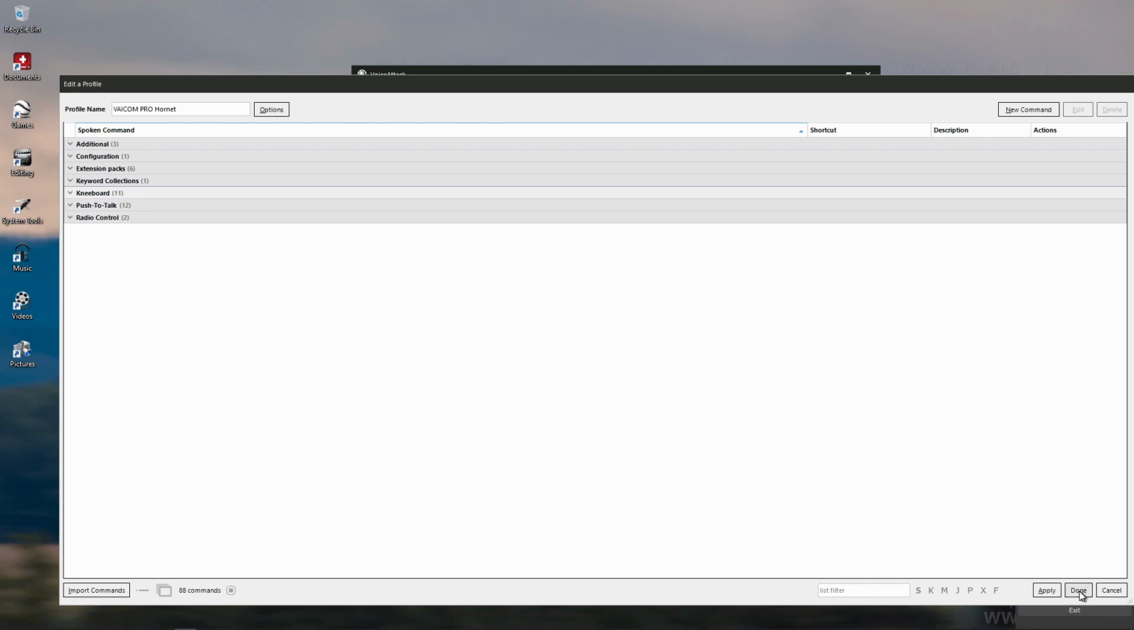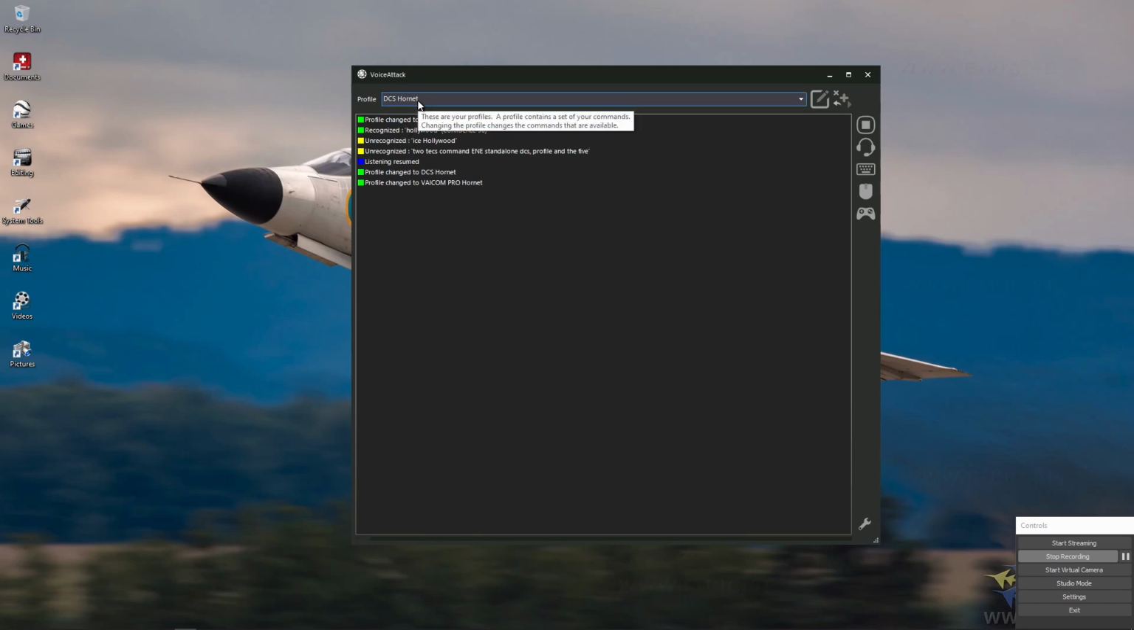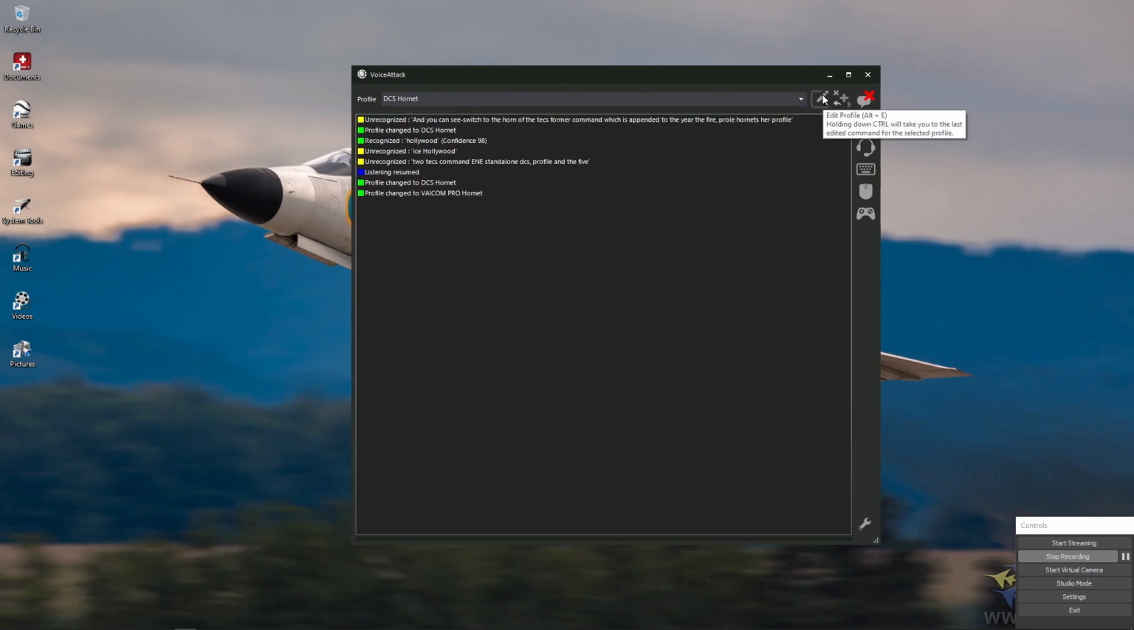So if we now go to the DCS command, the standalone DCS Hornet profile, and if I get VoiceAttack to listen, I say Hollywood, disabled. And you can see I've now switched to the DCS Hornet command, which is appended to the VAICOM Pro Hornet profile. If we open this up,